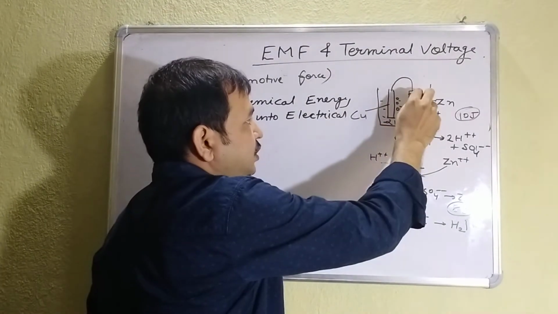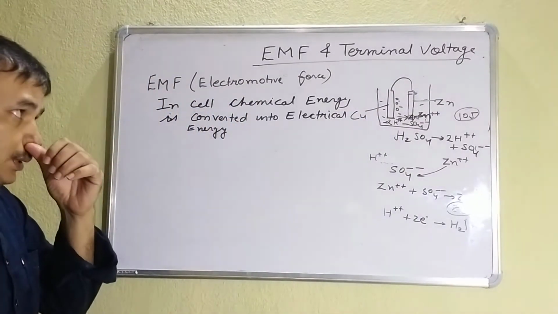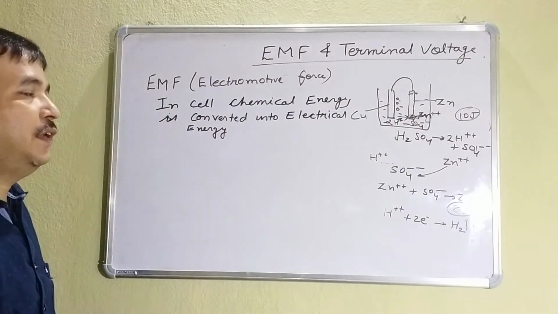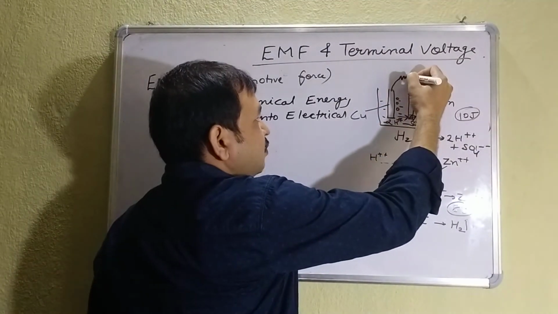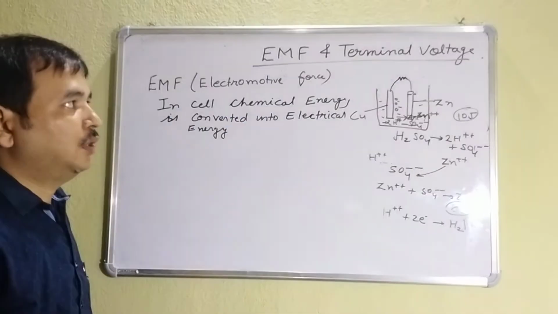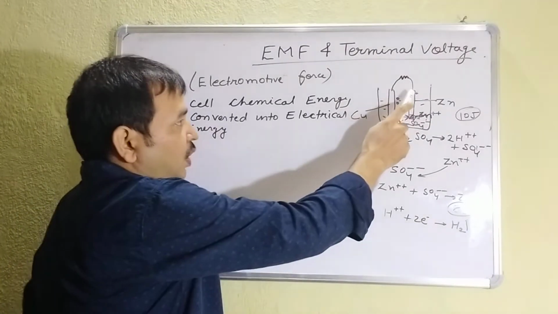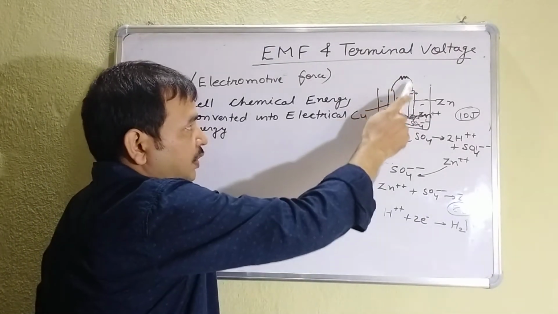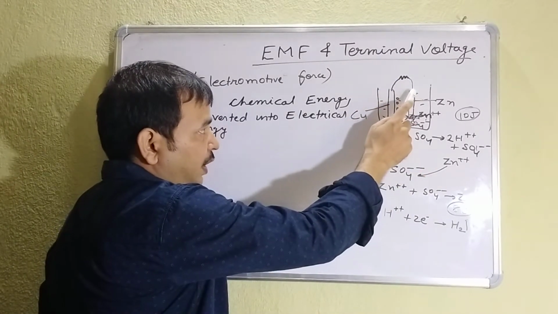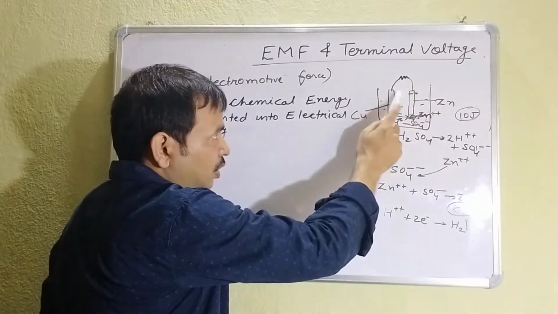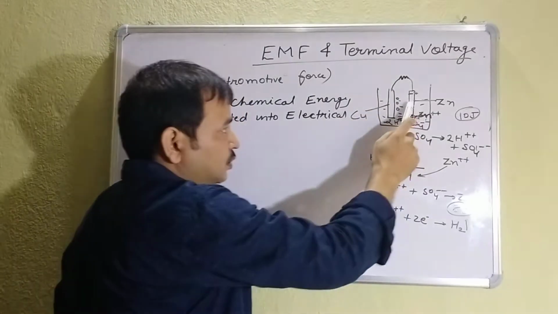This energy is given to the electron and the electron moves once around the complete circuit. When you are giving energy to the electron, it is doing work to move against some resistor or some load which is connected across the electrodes. So that work is done by this electron against the opposition because of this energy. So if you are providing energy, it will do the work to move from this electrode to this electrode outside the circuit and inside the solution.